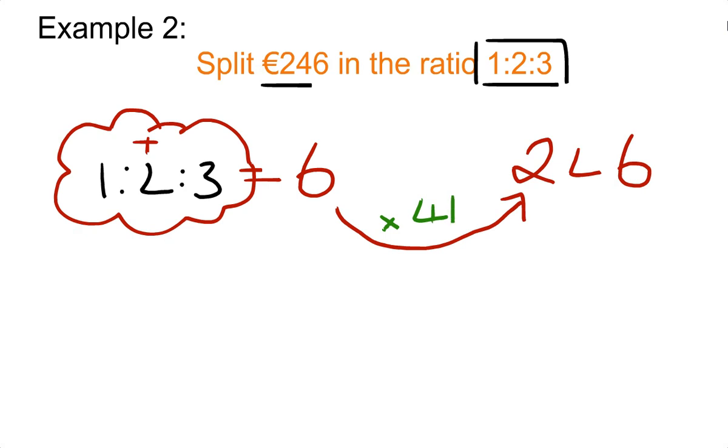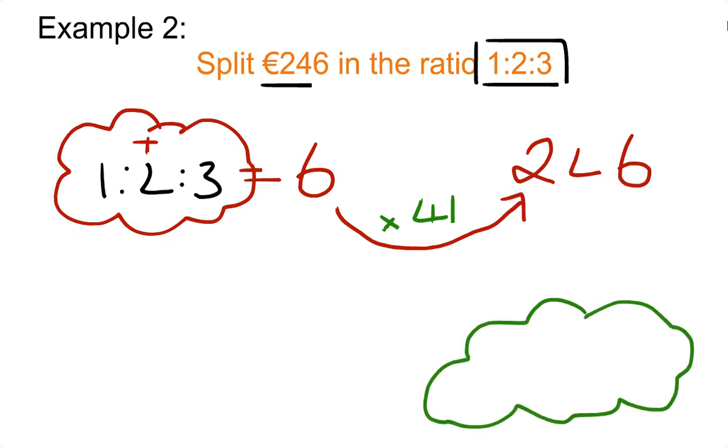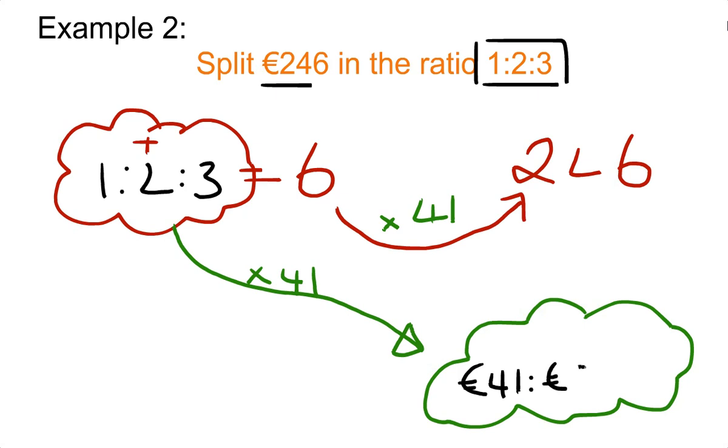So now, in order to get my cloud, to get the money in the right proportion, what I have to do is times these each by 41. So 1 times 41 is 41. 2 times 41 is 82. And 3 times 41 is 123. I have to excuse I've not left the euro sign in there. I'm sure you can forgive me on that one. Okay,